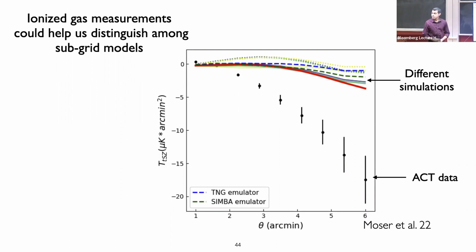Gas from where? This is actually gas slightly away from the virial radius of these groups. These are halos of around 10 to the 12.5 solar masses. This range is around the virial radius, and there had been no measurements of gas outside the virial radius before surveys like the CMB survey. So this was an extrapolation from simulation and does not seem to agree.